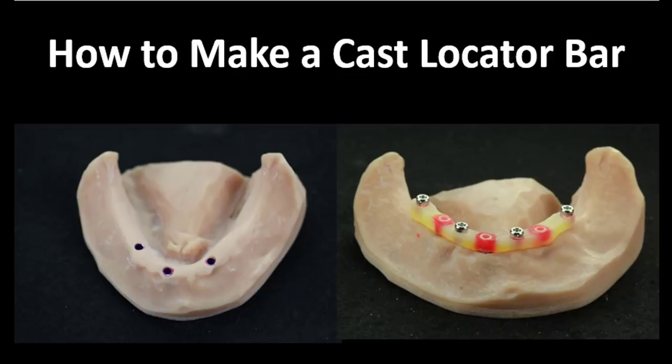results. And so one of the advantages to doing a bar overdenture as opposed to just individual locators is, as you can see on this model, I've got 3 implants, but by doing the bar, I can eliminate the rocking that 3 locators are prone to having by extending off the back of that with some distal extension. And so I can actually get more retention, I can get more stability with a bar overdenture than I can